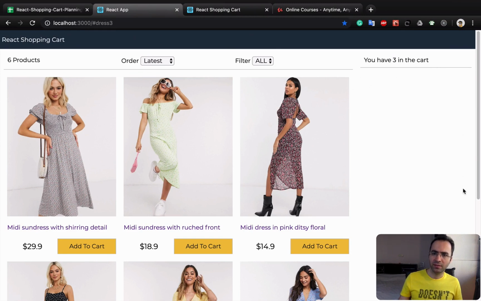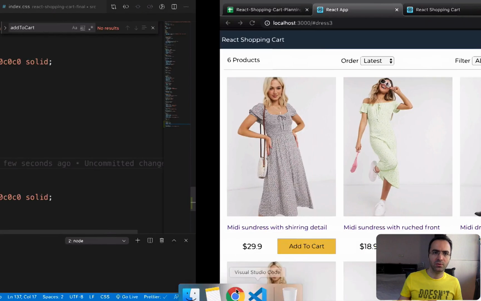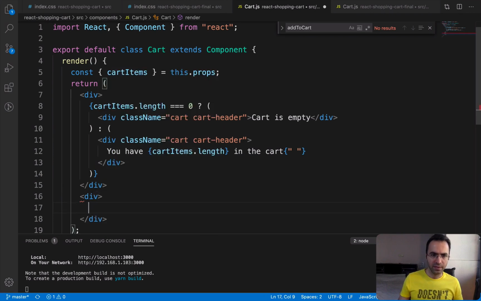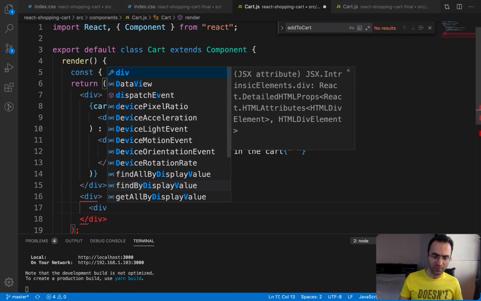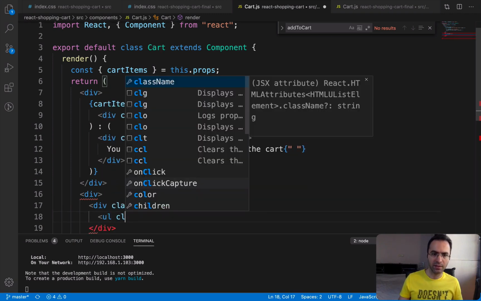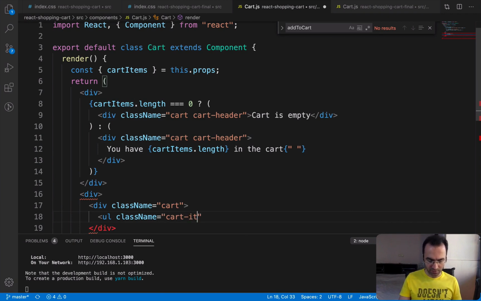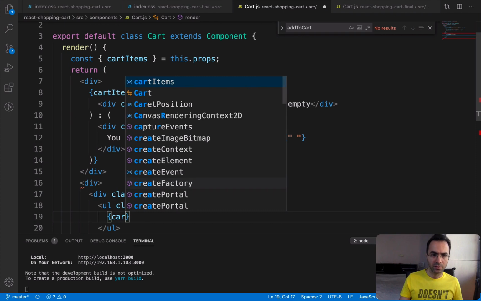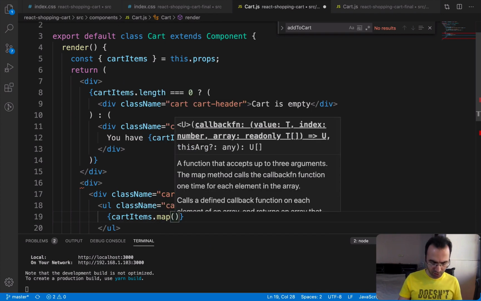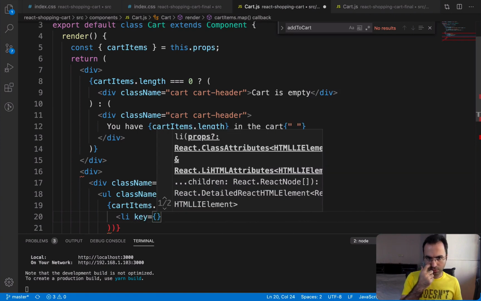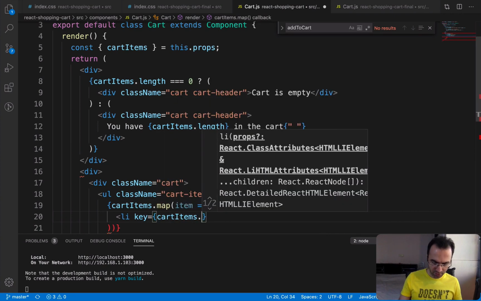So it's time to go for creating list of cart items here. To do that, open cart.js and create another div, and inside this div we are going to define a div for cart items. Set the class to cart, and inside that define a UL and set class name to cart items. Inside this, we are going to create a map function to convert the cart items to li elements. cartItems.map, each item should be converted to li. Set the key to item._id,